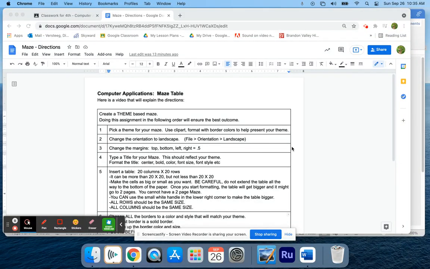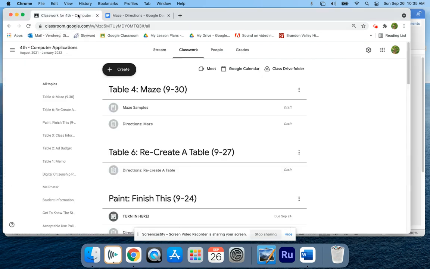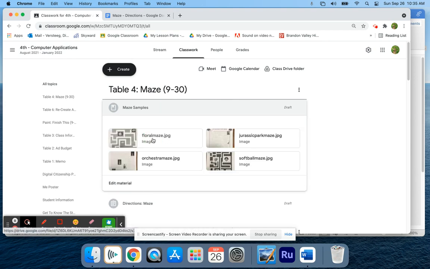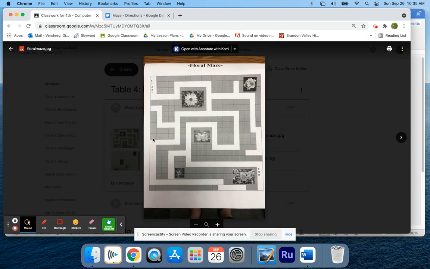All right, we're going to go through some steps for you to create assignment number, I think it's number 4, the maze that you're going to create. The maze samples are right here. Here are some samples of them. The color's not coming through and that kind of stuff, but you can kind of see what we're talking